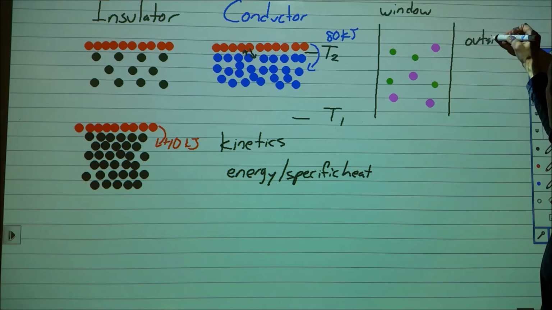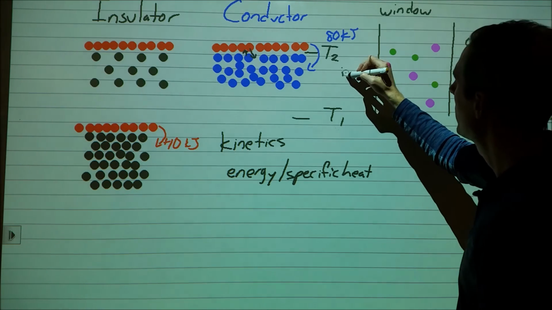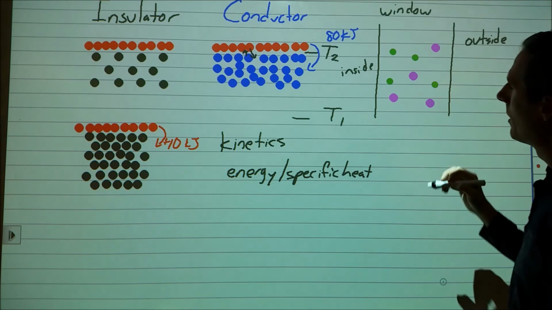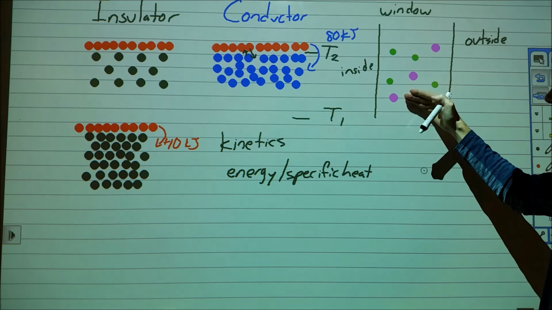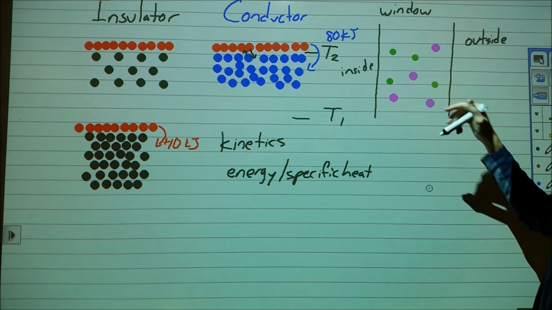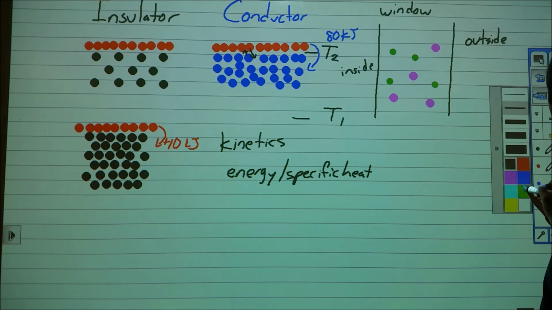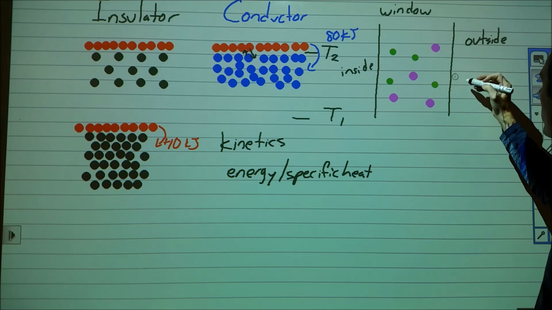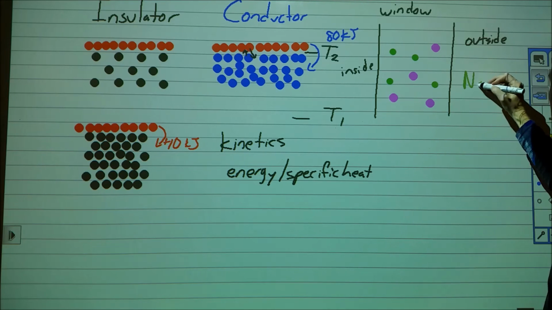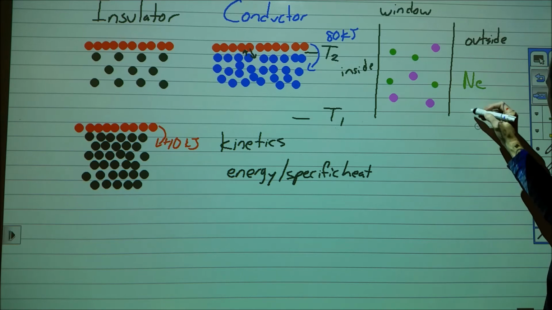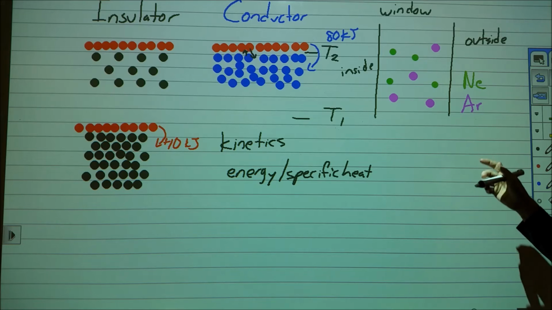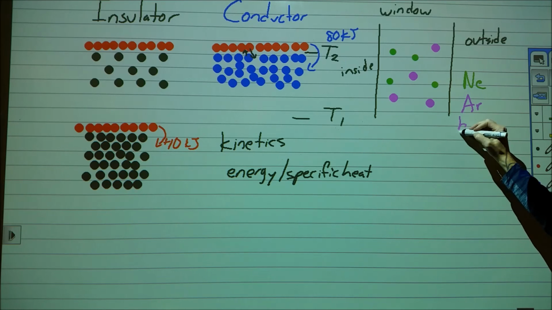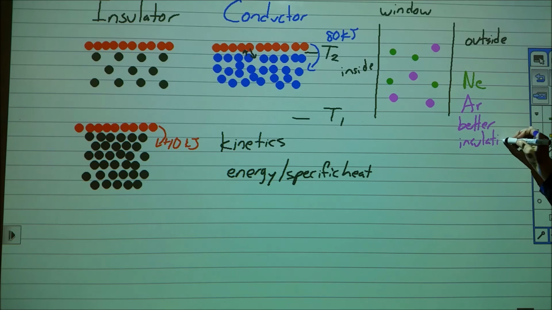Another example of something I know is that if you have a window, and here's the outside of the window, and here's the inside of the house, the type of gas you put in here can change how well of an insulator it is. And the way that it works is, for instance, I'm going to do green particles here. We will call those neon, and we'll call the pink ones argon. So the argon is a bigger particle, and so argon is actually better at insulating for windows than neon would be,